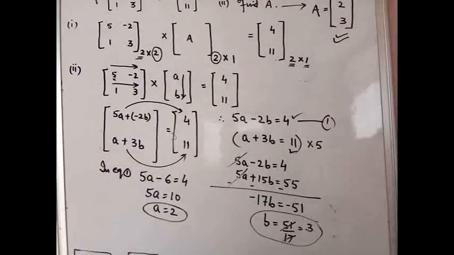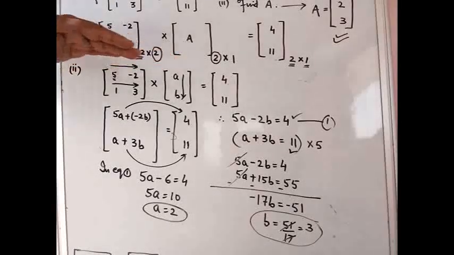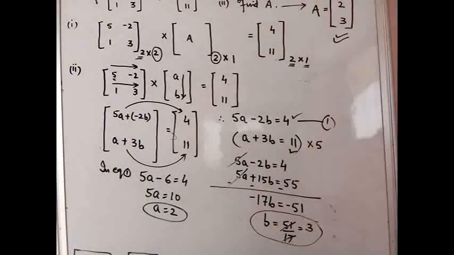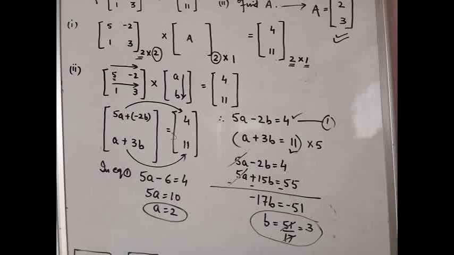Okay, clear? So now please go ahead and revise all the multiplication rules that I have taught, everything that involved the calculation aspect. How do you actually go ahead in the first matrix row wise, in the second matrix column wise, and so on and so forth. So these different types of questions will actually help you in understanding and solving more problems.